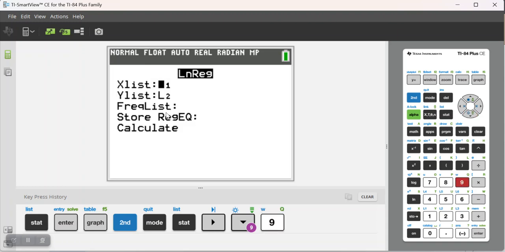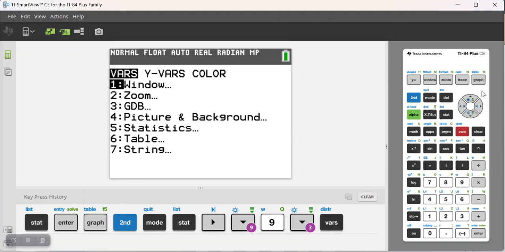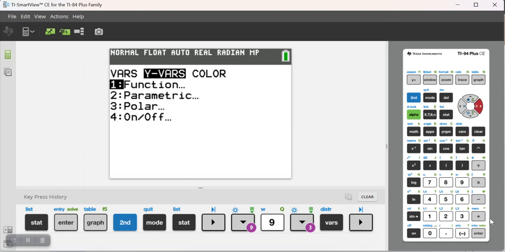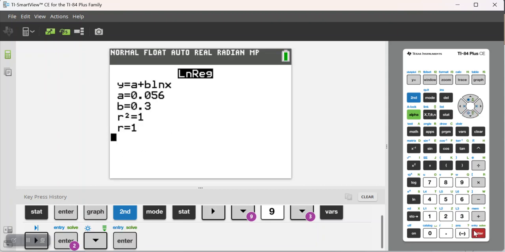So 9, my x list is L1, my y list is L2. I don't have a frequency list. I do want to store this result, so store the regression equation. This just tells me store it in my y equals editor. So if I choose y equals 1 or y1, this will take the regression equation it determines and store it as y1. And when I'm ready, I can calculate this regression model, and I get a equals 0.56, b is